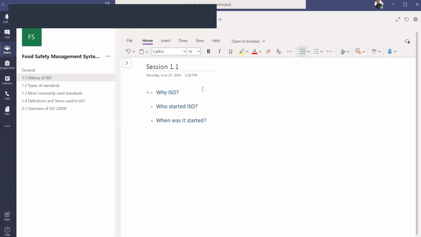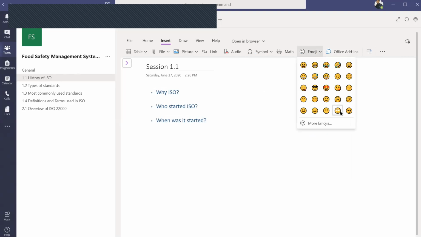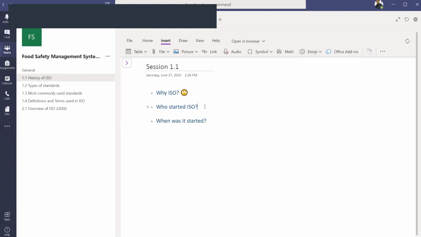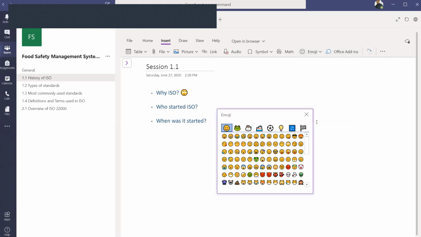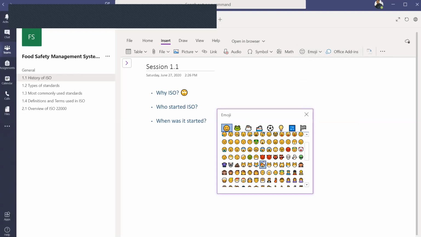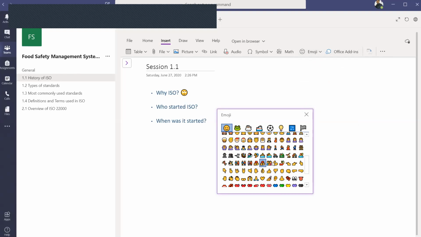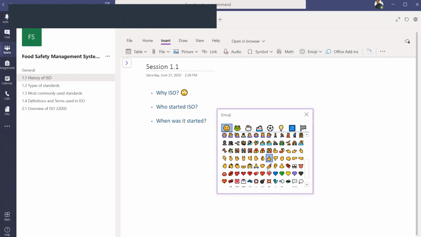There is also an additional feature which I wanted to show: in insert, there is an option of emojis. So you can use emojis also. For why ISO, maybe you can use different emojis, and for who started, and then I go to more emojis, and you can see there are a lot of things here, similar to our WhatsApp features that we have been seeing and using.